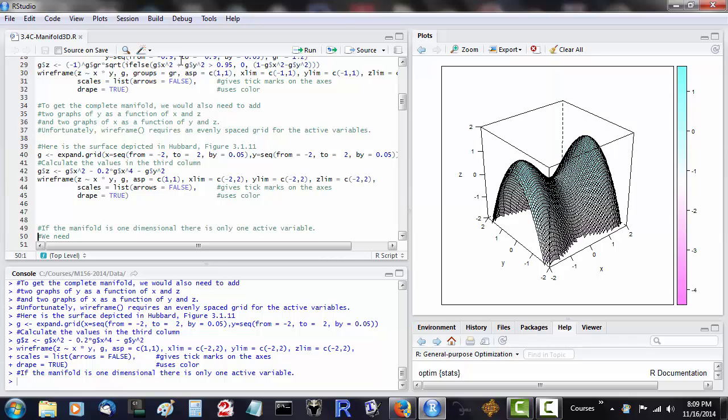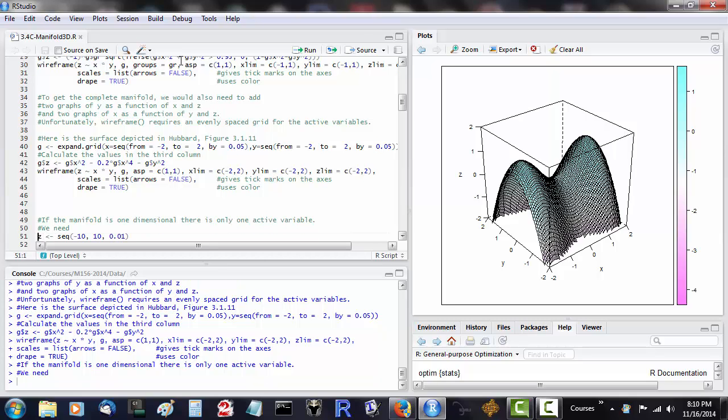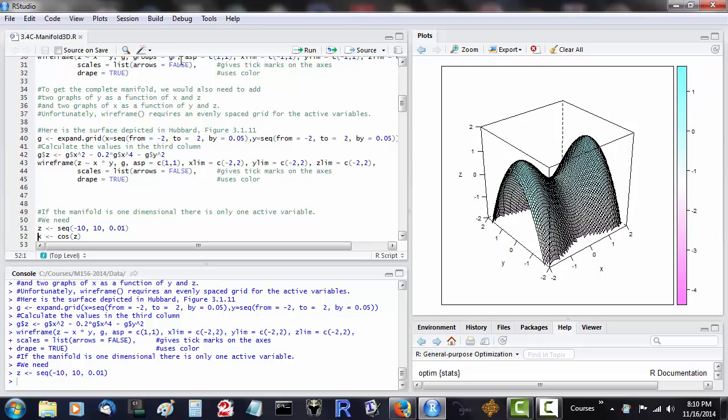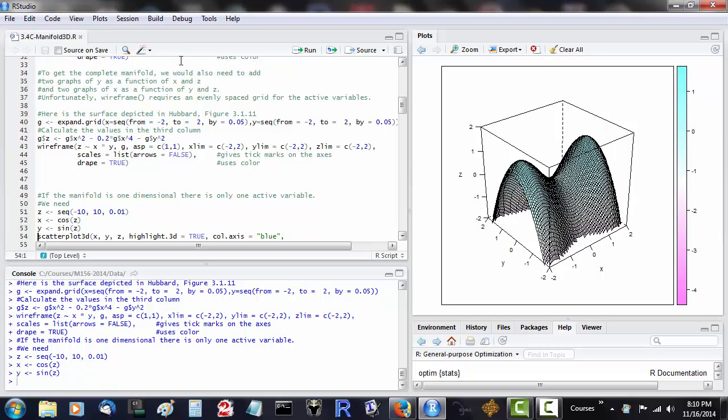Now let's consider a one-dimensional manifold. For a one-dimensional manifold, there's only one active variable. The dimension of the manifold is the number of active variables. So that means I could pick one variable, say z, as active, and then calculate our passive variables x and